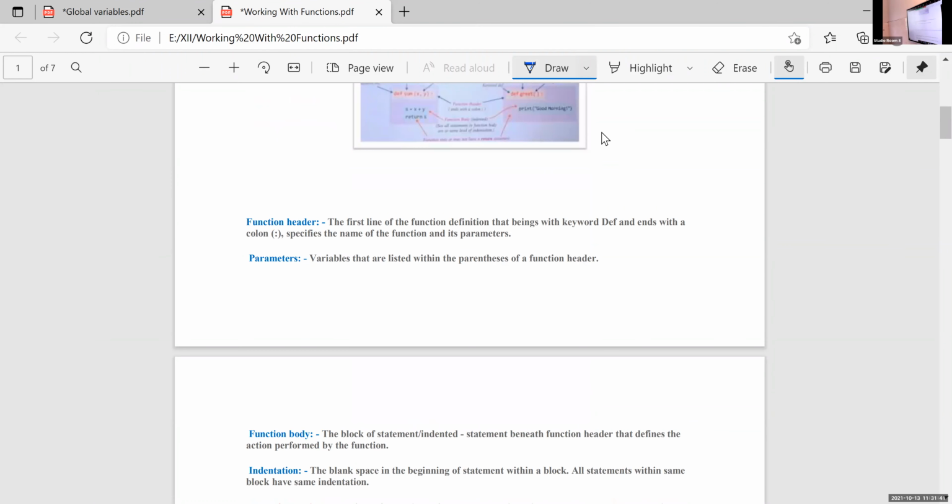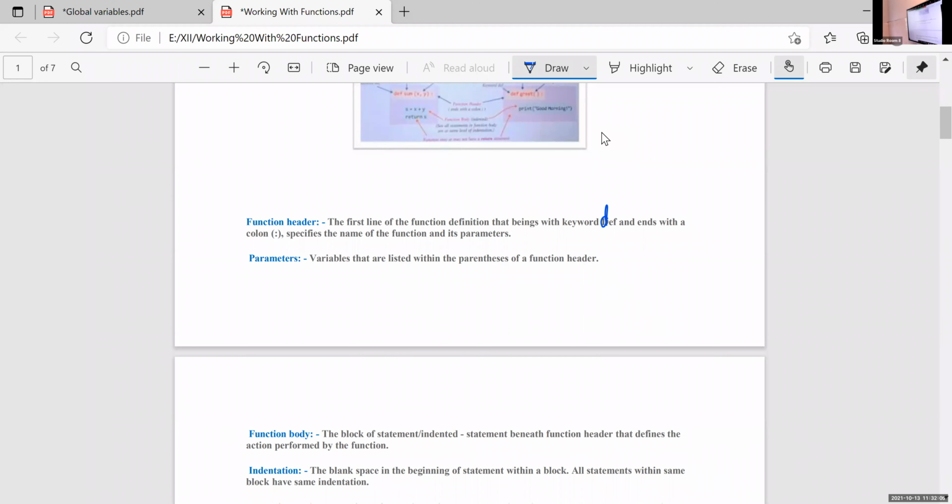So function header, the first line of the function, it is known as function header. Okay. So function header, the first line of the function definition that begins with keyword def, and it is not in capital form, it is small letter def, and ends with a colon.